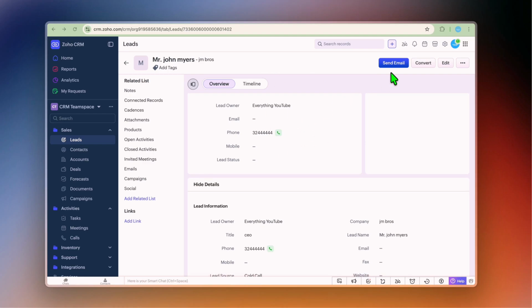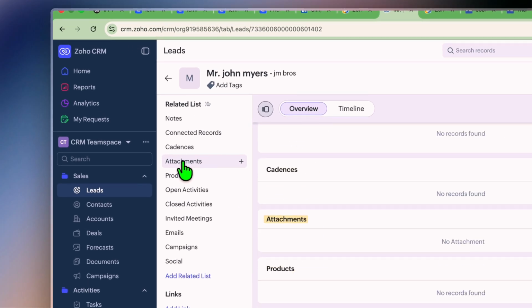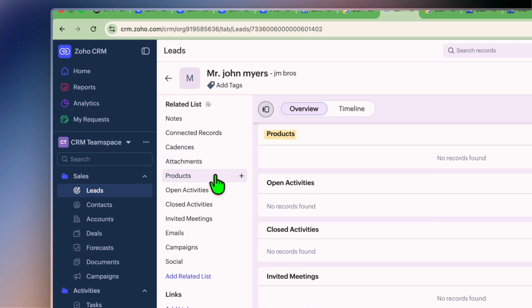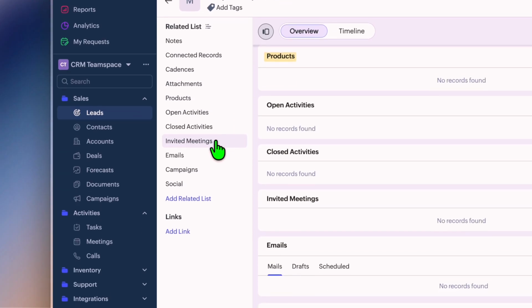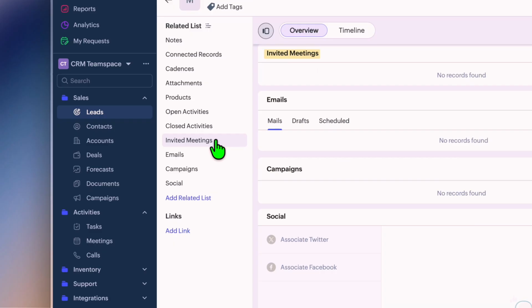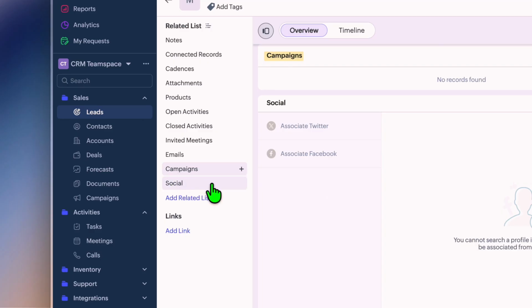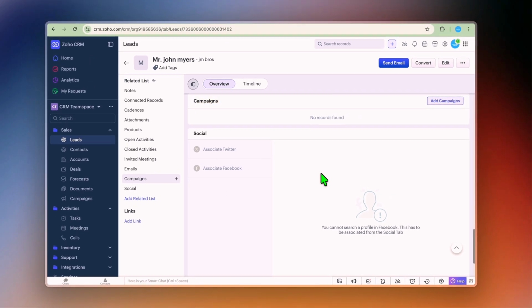From here, you can also tap on send email, so you could choose to send an email to that particular lead, and you can see different options that you can quickly add. For example, you could tap on attachments and you could add attachments. You can also add products related to that particular lead. You can also tap on invited meetings and you could send out meeting invites, and you'll be able to track the emails that you have sent and all of the campaigns, as you can see right here, related to that